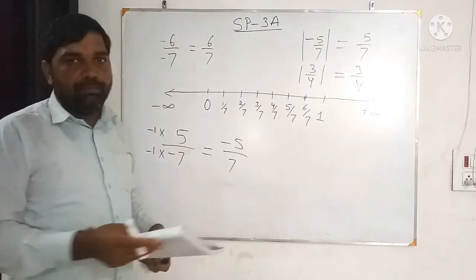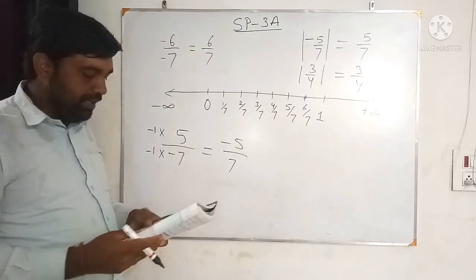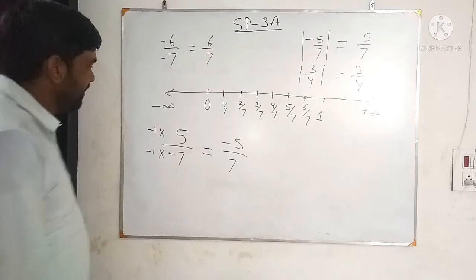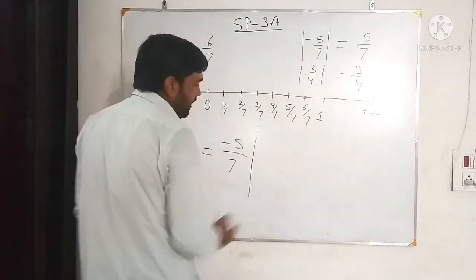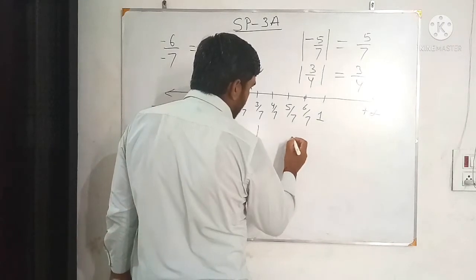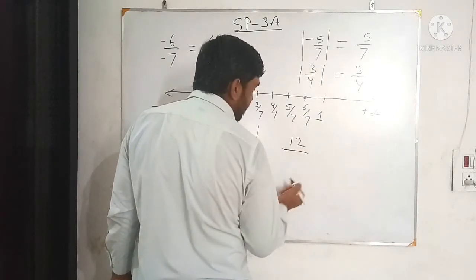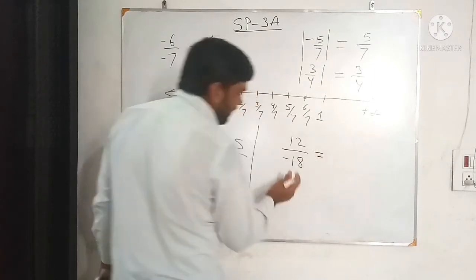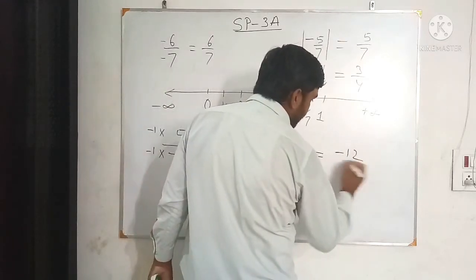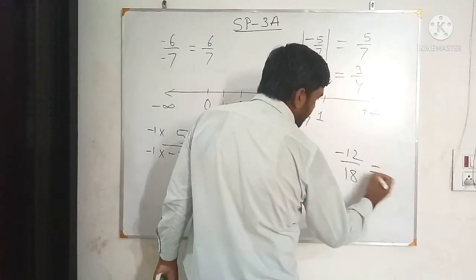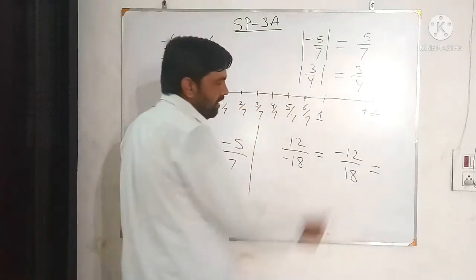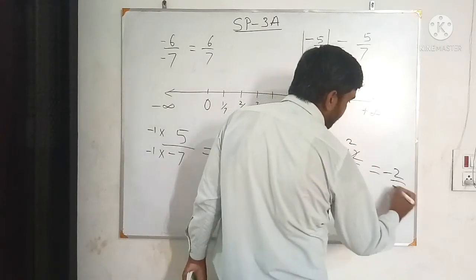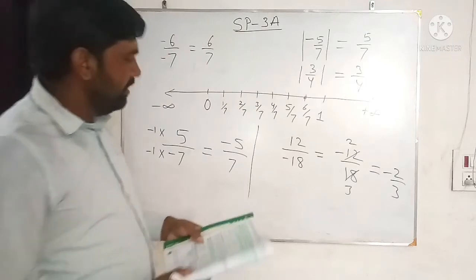So to convert a rational number into the standard form, first you make the denominator positive if the denominator is negative. Second, reduce it to the simplest form if it is not in this form. Here it is already the simplest form. Another example we can take, suppose 12 by minus 18. First of all, make the denominator positive, it will become minus 12 by 18. Second, reduce it to the simplest form. Both numbers are divided by 6. 6 2s are 12, 6 3s are 18. So it will become minus 2 by 3. Like this you convert the rational number to the standard form.